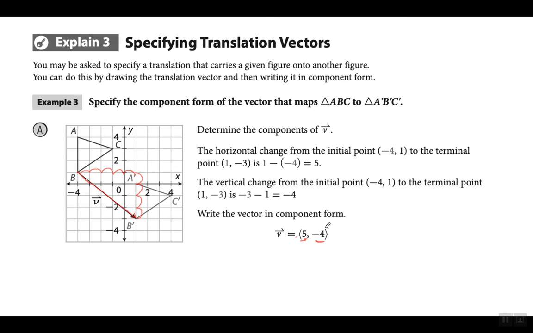Okay, let me do another example so you can see what I mean. By the way, right here, they're just showing you all the little details. The horizontal change from the initial point, negative 4, comma 1. Negative 4, comma 1 is right here. That's B. All right, so they're putting the coordinates of B to the terminal point, which is B prime. That's this right here, 1, comma negative 3. Okay, and they're saying if you, let